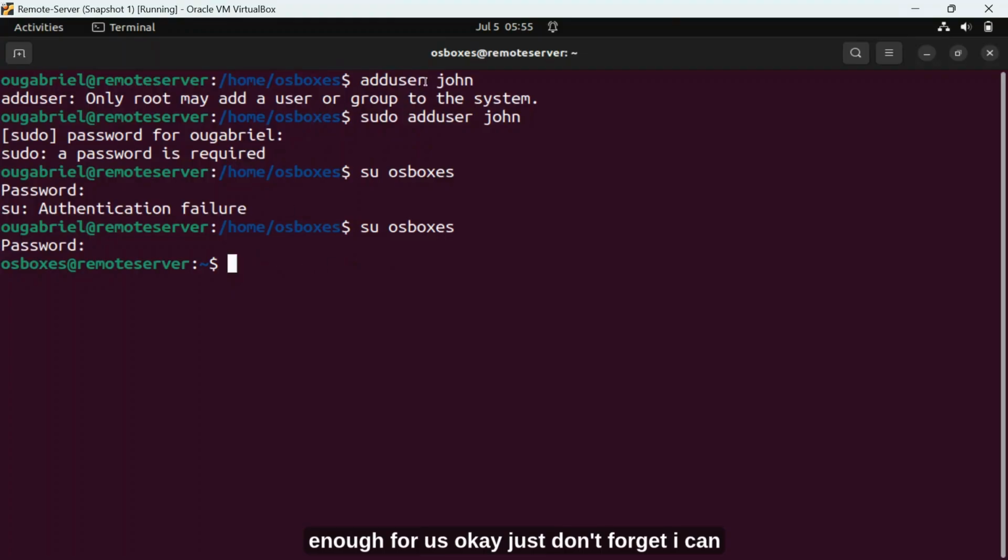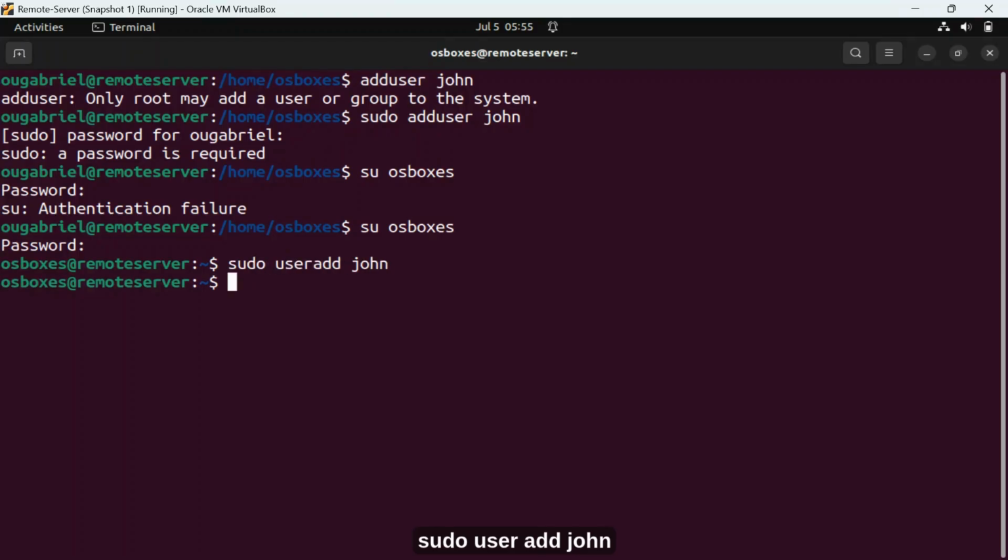Just don't forget, I can say adduser as a command, or I can say useradd. It's still the same thing. Okay, useradd John. And I click. Sorry, I have to use sudo useradd John. The reason why you have to put sudo is because /etc/passwd is a sensitive document. It usually has the permission of the